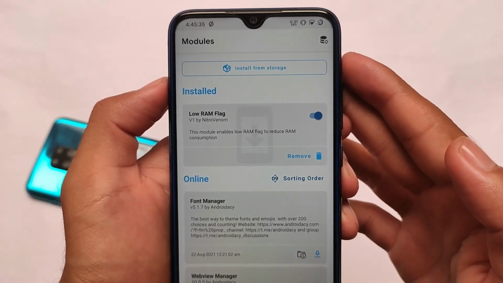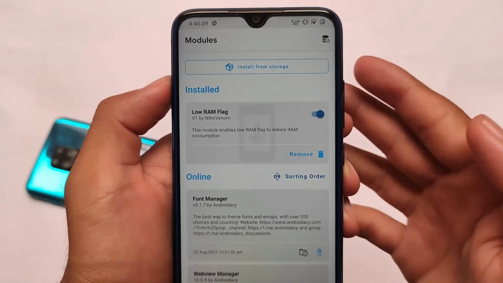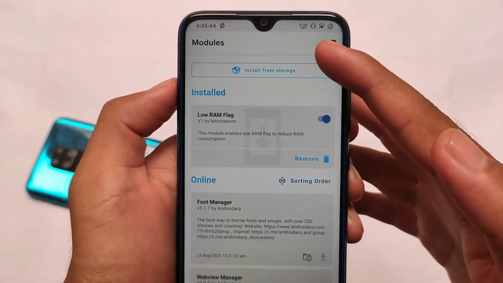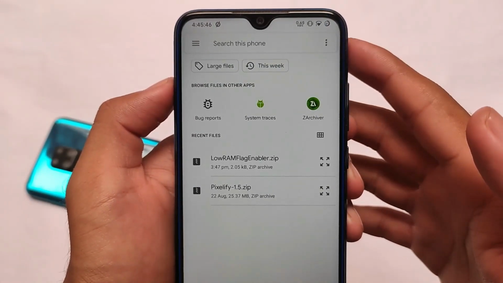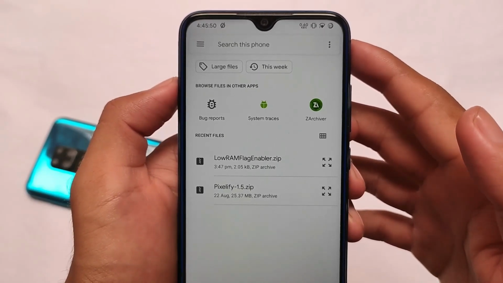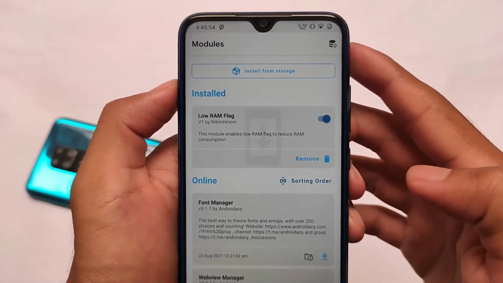If you're having some issues with games etc, you can give it a try, and installation is the same as other Magisk modules, so I don't think I need to tell you about that. It's very easy to install. Click on install from storage and you are good to go. Select this file, it shouldn't take much time, and after the installation of this module, of course you need to reboot your device, because without reboot the things will not work for you.